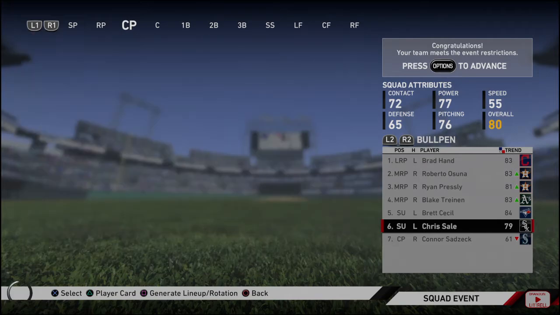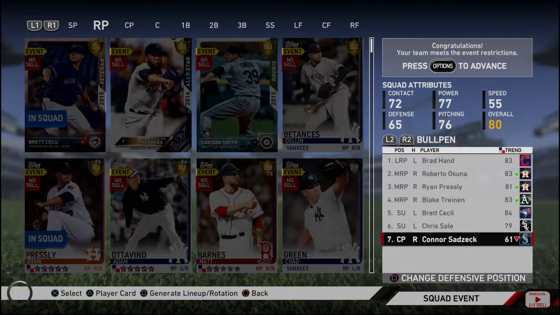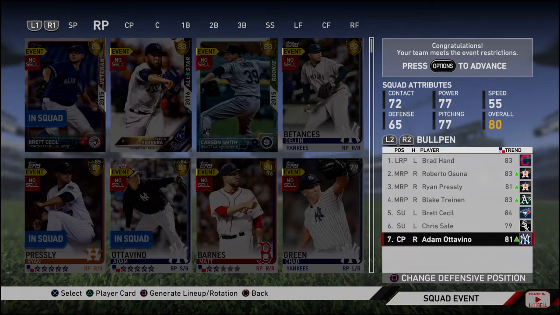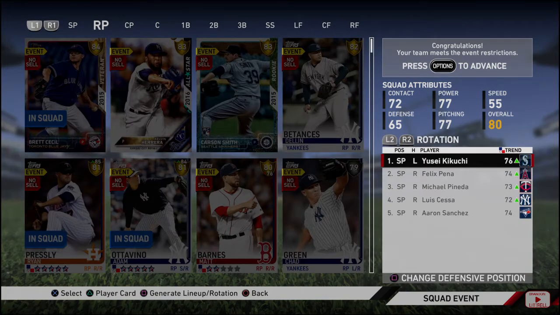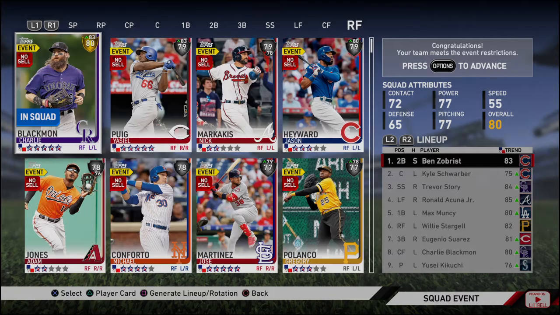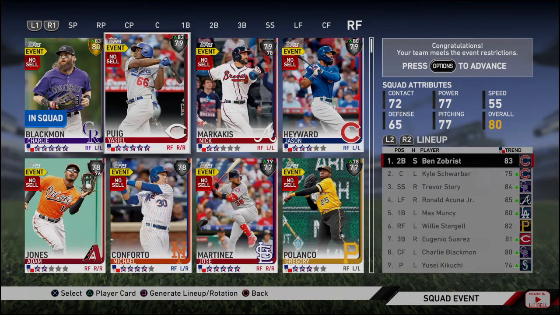Chris Sale does make it 80. And then can I sneak Adam in there? I can. So having my bullpen like that didn't really help because I didn't have enough diamond hitters anyways. So this will probably be the best that you can get, my team at least. Might look for another outfielder instead of Blackman, but